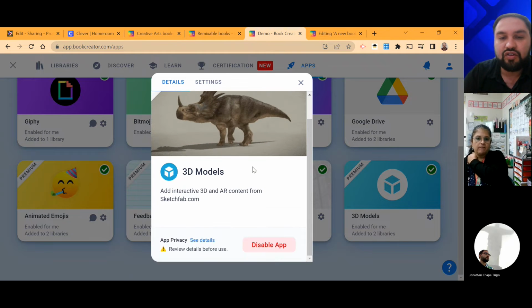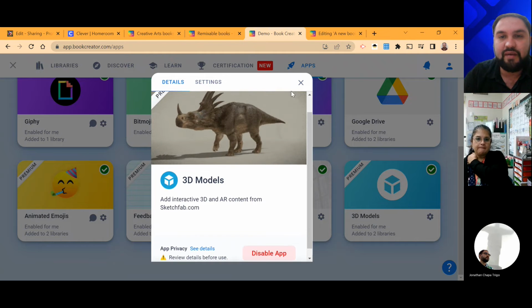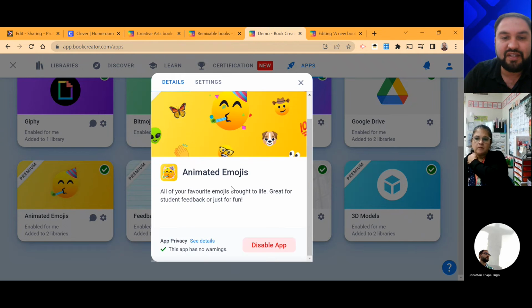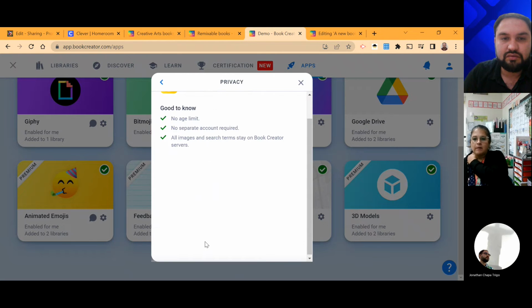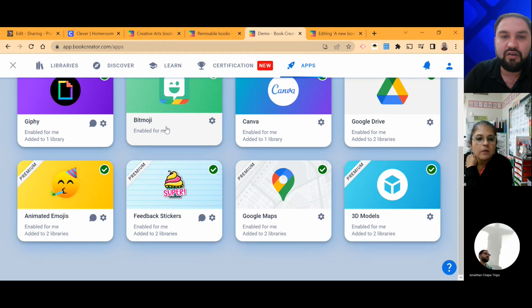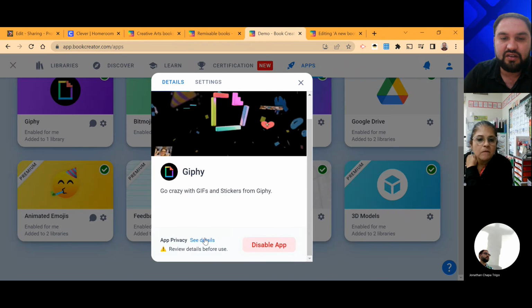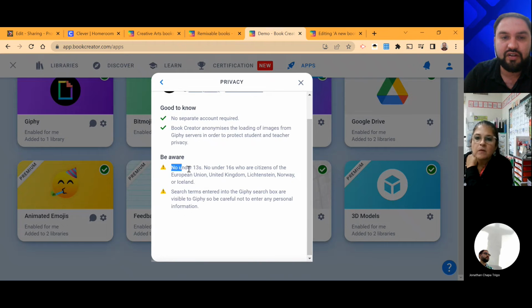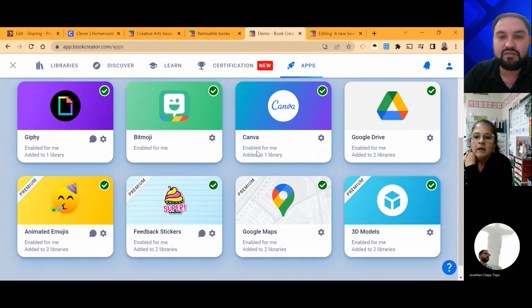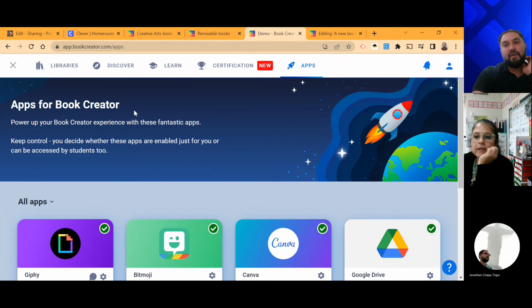Okay, so now aquí, if you click on them, te dice quién los puede usar. Well, como esta no tiene age limit. Pero como Giphy tiene no one under 13. Pero sí, that's if they are creating the book themselves. Pero como it's your book, they can still use it. Oh, okay, gotcha. Ya ahí está. Muy bien. Play with it, and then if you have questions, pues let me know,